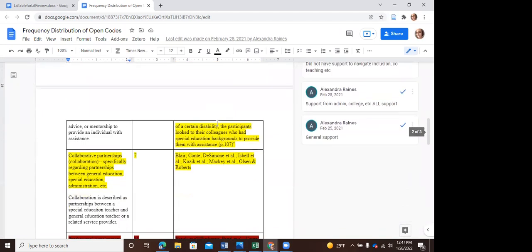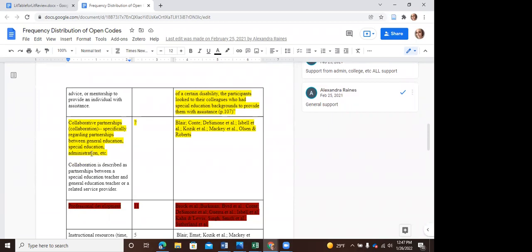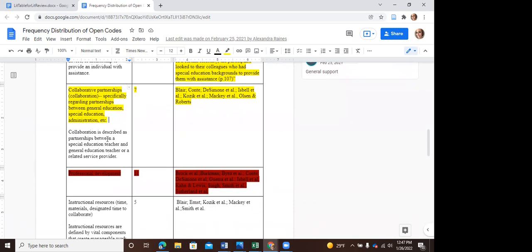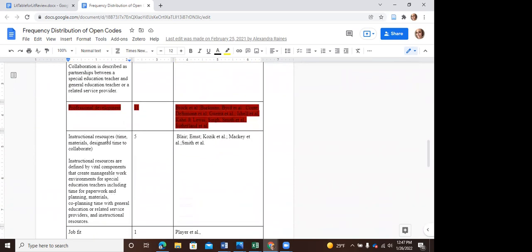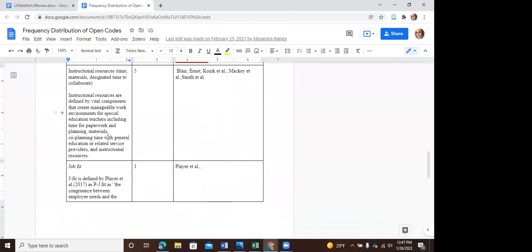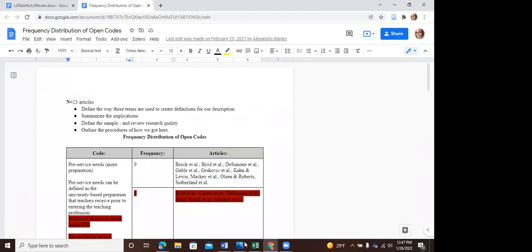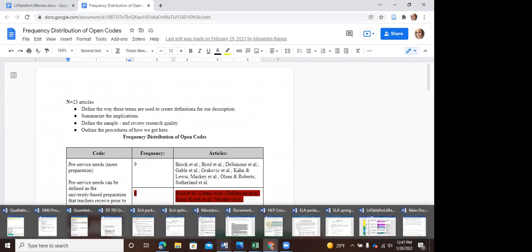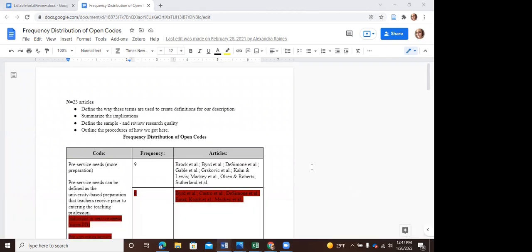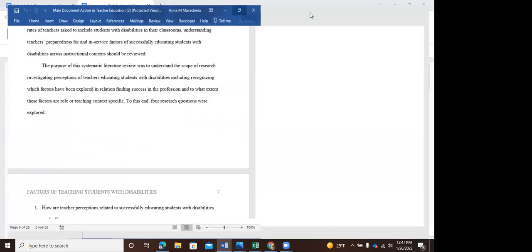I just wanted to show you what this actually looks like. So eventually, you're going to have these themes that you're going to identify within your research, and these themes are going to be what you're going to be writing about within your literature review. So I do want to just show you kind of what that looks like a little bit in terms